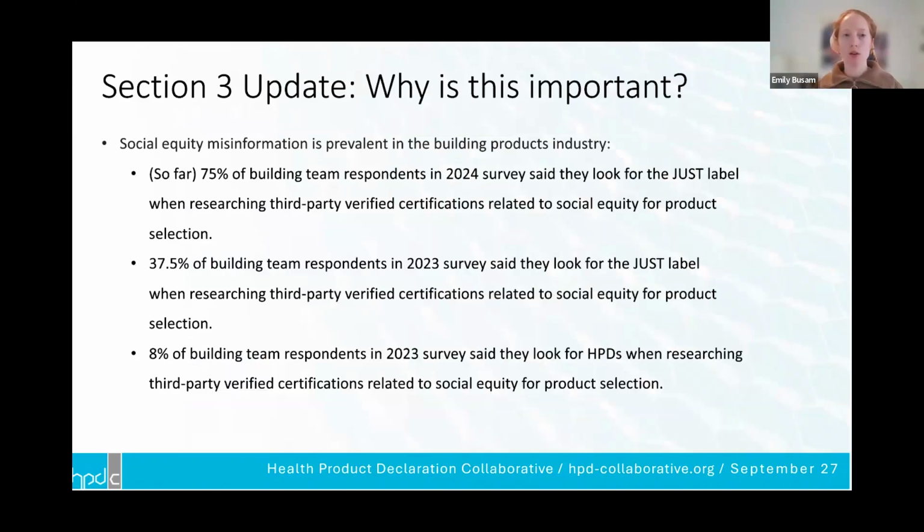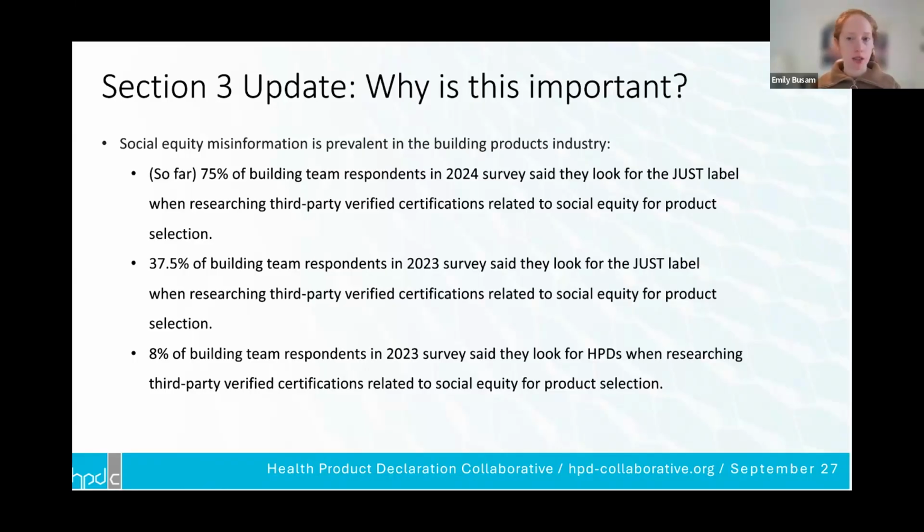First of all, we learned in the TSG through our social equity surveys that we send to both manufacturers and building design teams that there's a lot of misinformation about the various certifications, declarations, and compliance types out on the market. And just as one example, this year alone, we found that 75% of building design teams said that they look for the JUST label when researching third-party verified certifications.